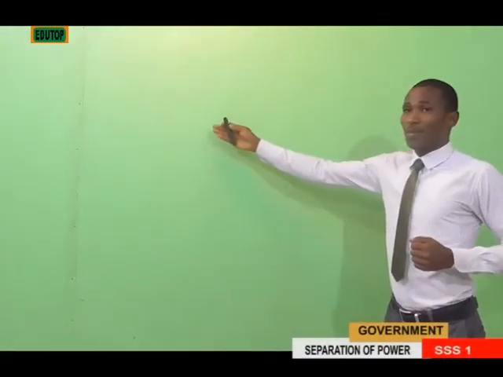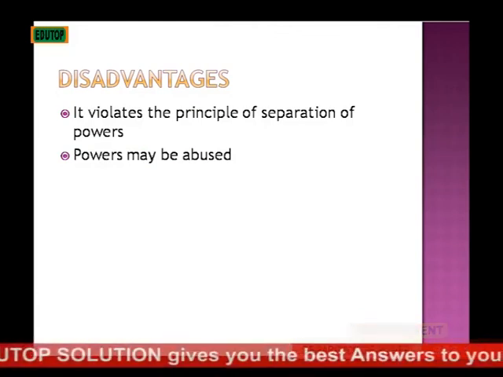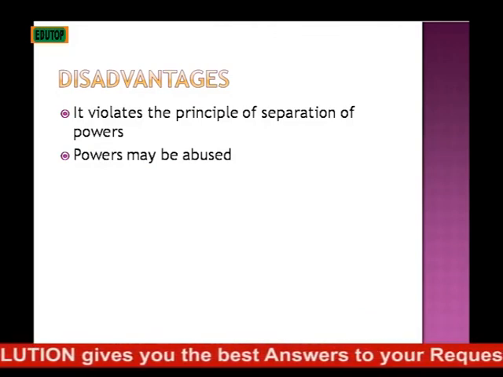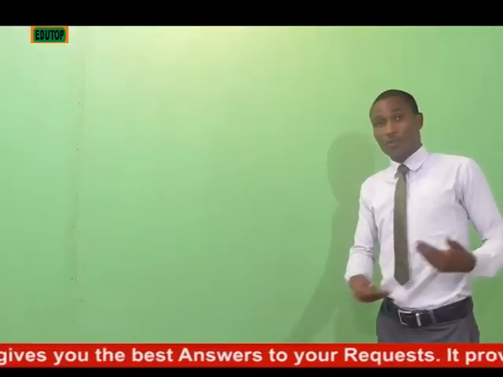Next is that powers may be abused. The power so delegated to the legislature, or rather to other arms of the government, may be